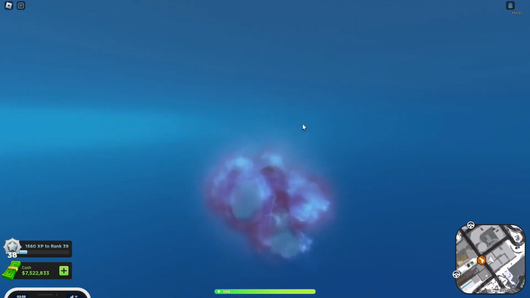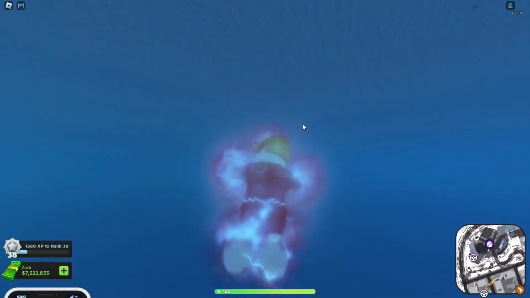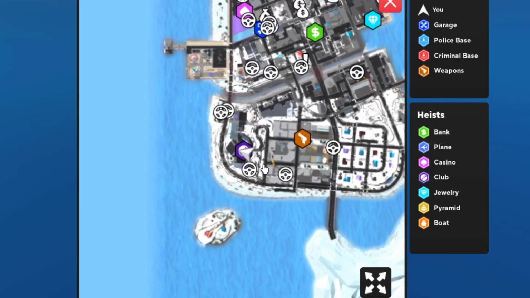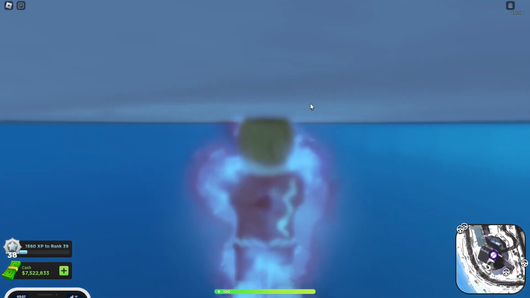Moving on over this way, we do have the nightclub, which I'm assuming is going to be the same as the jewelry store because there's just not really much that goes under the ground here. Like, as you can see here, I'm literally directly under the club here, and there's nothing here. Yeah, there's not really much to see for this one, so I think we'll move on to the casino, which